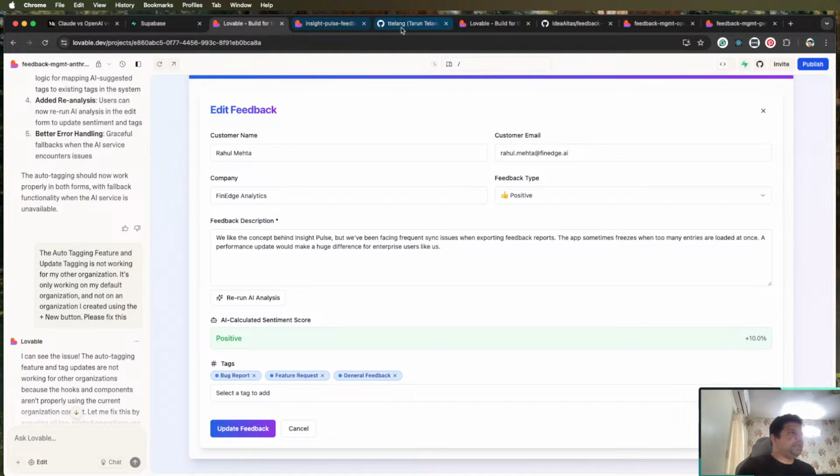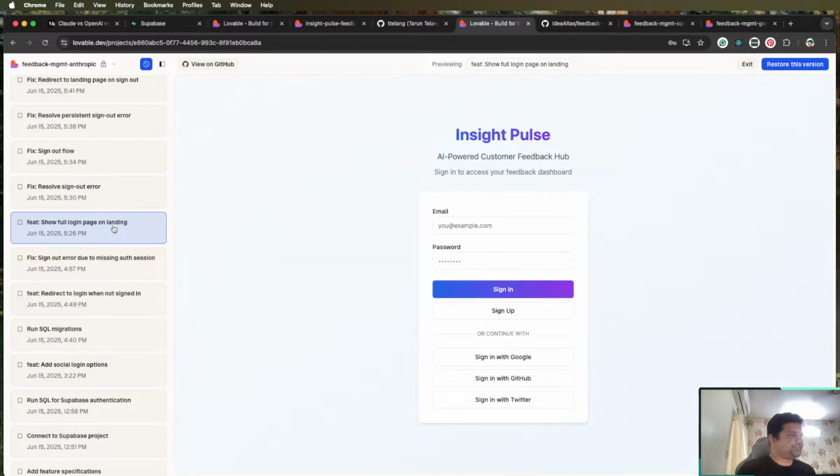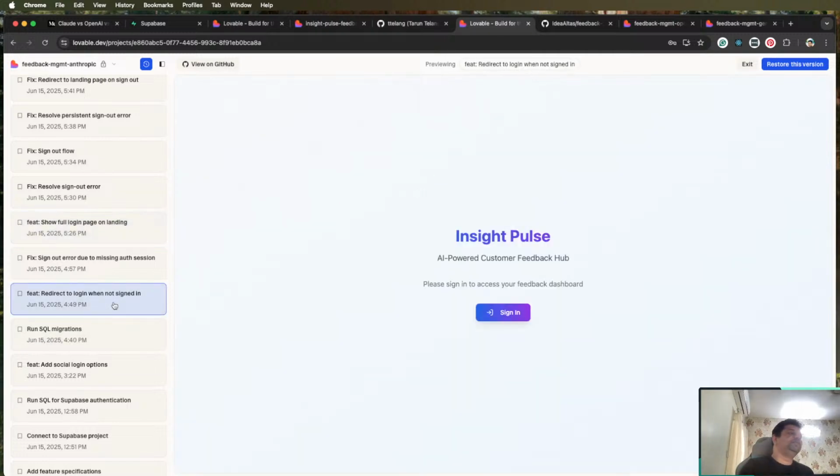Now coming back, once I built this landing page, I improvised it further. I felt that okay, a sign-in button just on this blank page and then moving to a different page altogether would have been a bad user experience. So why not just open the login page there itself? So this is a UI flaw which I felt